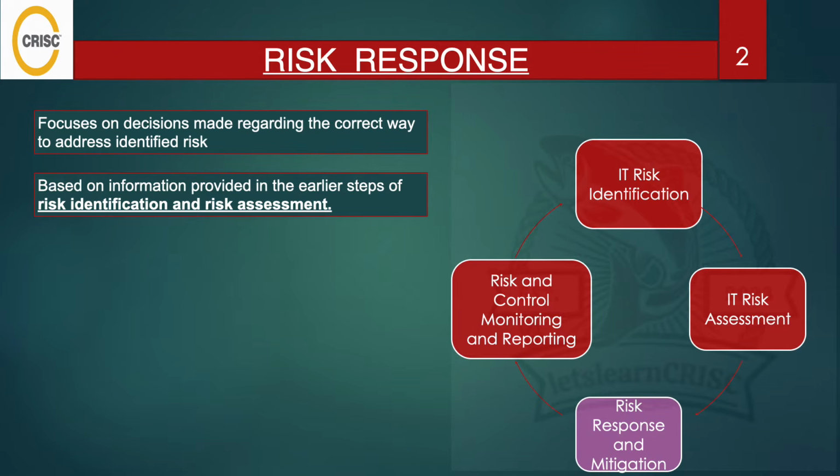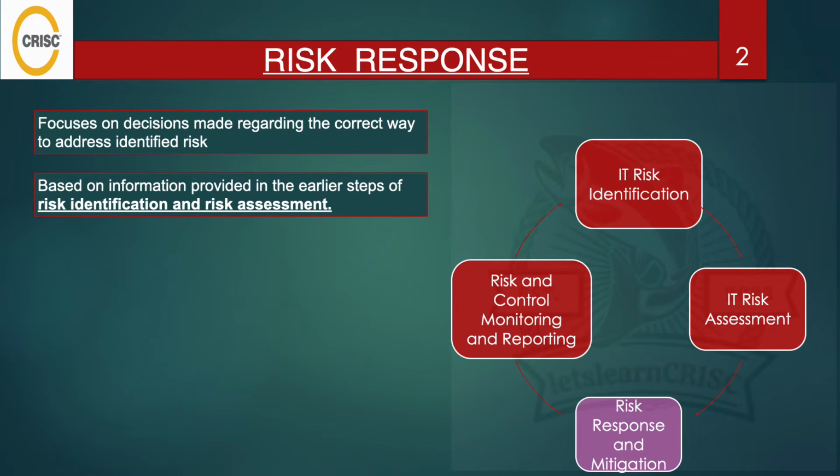The information gathered during the risk identification and assessment informs the selection of the most appropriate risk response strategies, right? Such as for high impact risk, for low impact risk, right? So high impact risks that have significant potential impact on the organization may require robust risk response strategies. So this could include a risk mitigation plan, avoidance strategies, or contingency plan. Similarly, low impact risks with lower potential impact may be addressed through acceptance or monitoring without extensive mitigation effort,